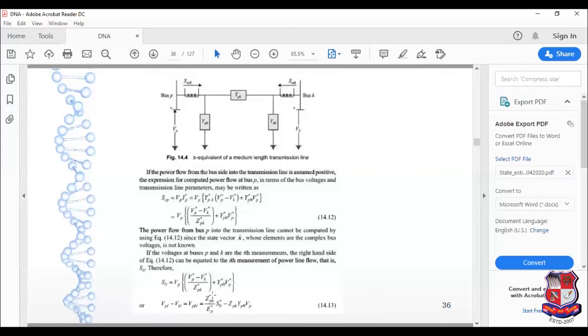Over here, what exactly are we doing? It is Vp conjugate minus Vk conjugate. In order to remove that conjugate, the rest of the terms are multiplied by the conjugate. Once again, if we multiply with the conjugate, then the two conjugates at Vp and Vk will be eliminated, and the other terms where the conjugate is not there should be implemented. This term is denoted by conjugate, and the term SLI, the apparent power, will also be allotted the conjugate sign. The rest of the terms will be as they are. This will be multiplied over here. Hence, it will be Zpk, Yp0 and Vp.